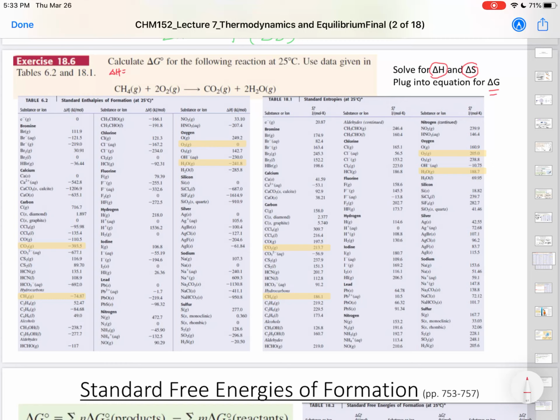All right, so we're going to first solve for delta H. Okay, so we're doing products minus reactants. So remember, our products is CO2. So CO2 is minus 393.5. Okay, and our H2O is here, minus 241.8. Okay, and then we're going to